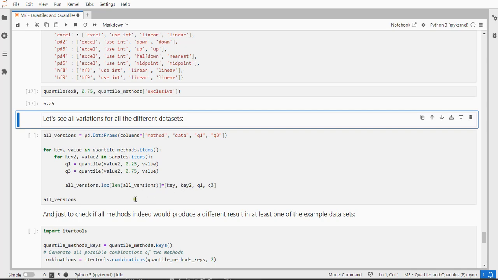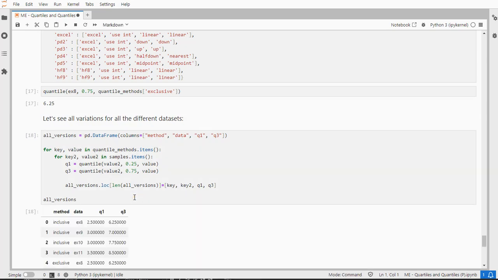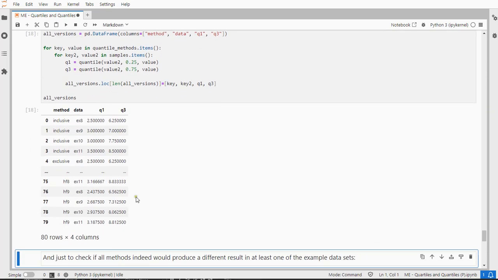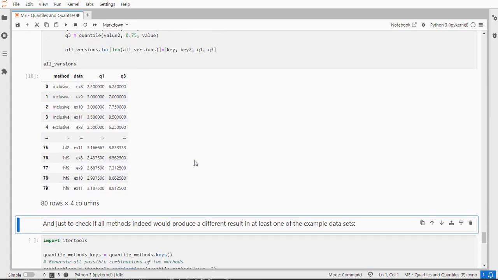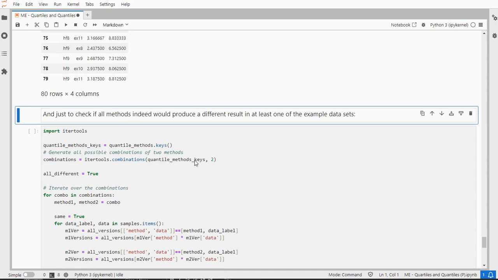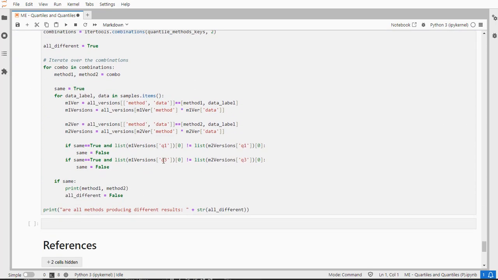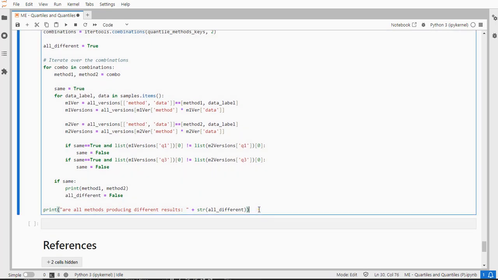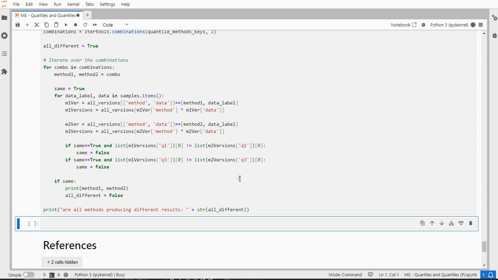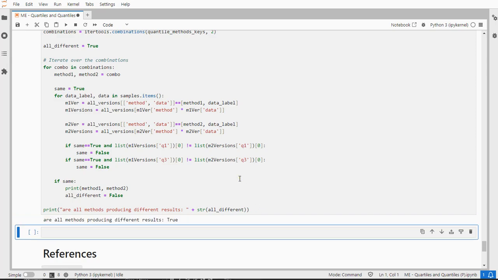If you want, you can see all the variations by looping over just about everything, and that gives a very long list of 80 rows, so 80 different ones for all of our different samples. Just to check if everything was actually different, I made this bit of code, and this should return are all methods different. Takes a little while because it has to go over all the different options for all the different data sets, and it's checking if it's not equal to another one, but it's not, so all of them are indeed different. Alright, so that's 20 different methods for you to